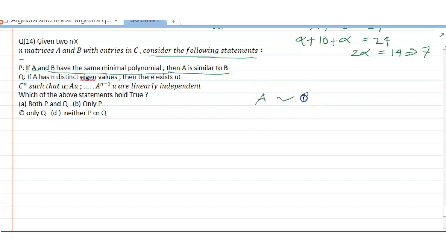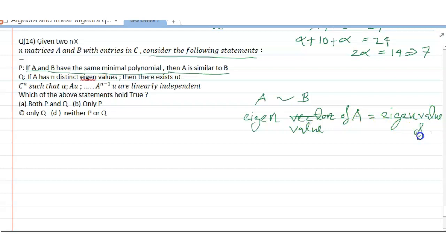A is equivalent to B. So the eigenvalues of A and B and the JCF are equal. The JCF of A equals the JCF of B. So in the case of JCF, the Jordan canonical form,